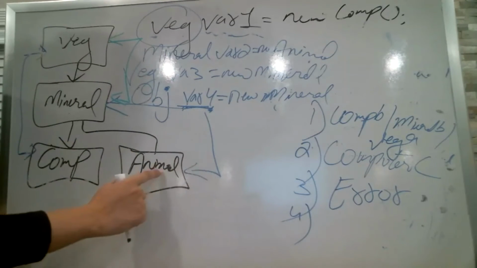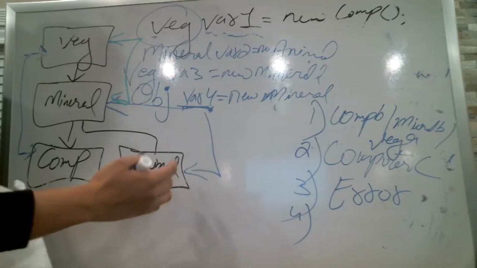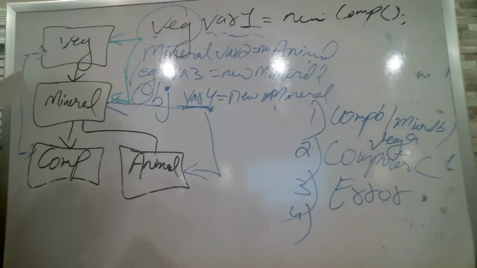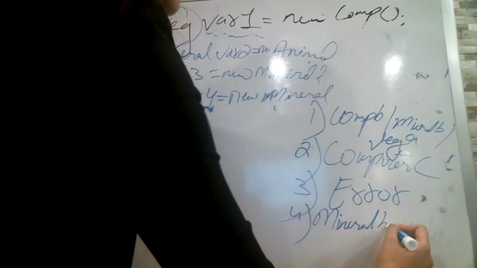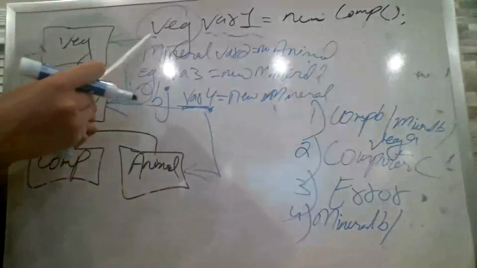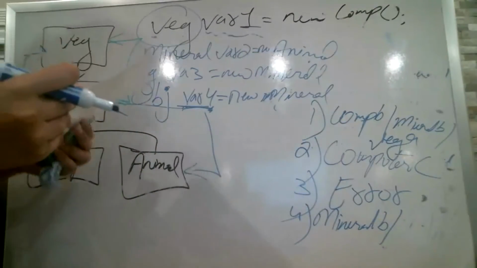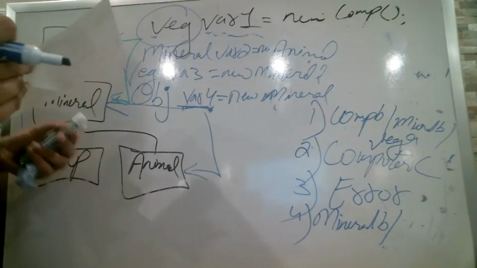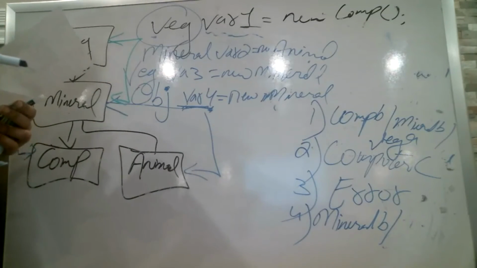First of all, you need to check animal. Does animal have method B? No. You will go to mineral asking for method B. Does mineral have method B? Yes. And the answer is mineral B, and mineral is also calling one more method, which is A. For method A, you come back to animal because, remember the scope, the most updated one, it will be animal A,